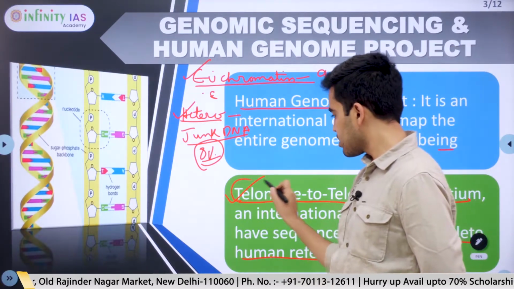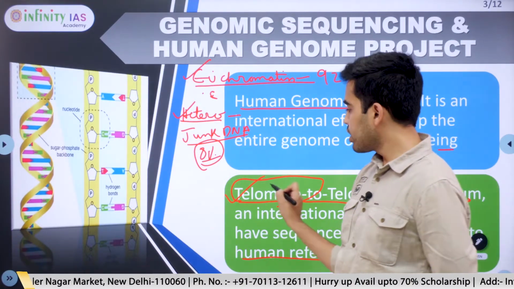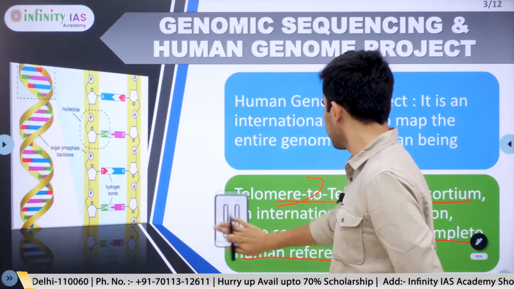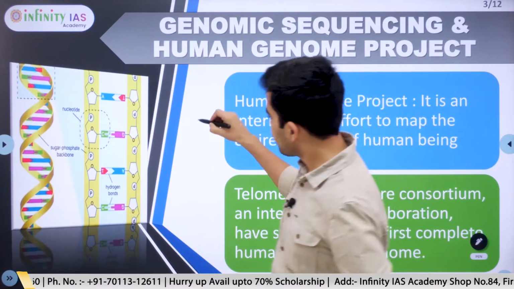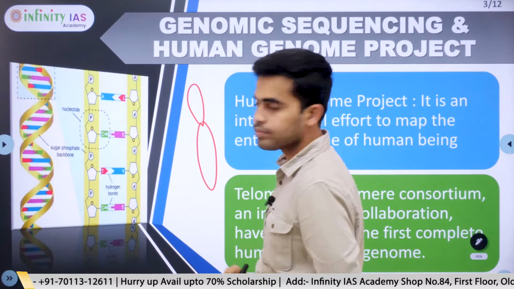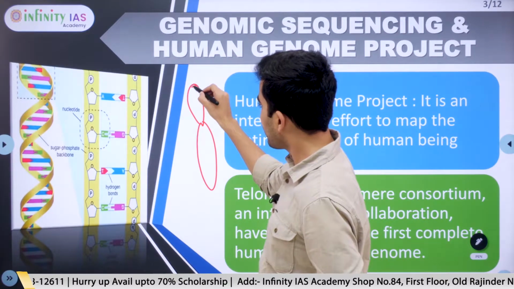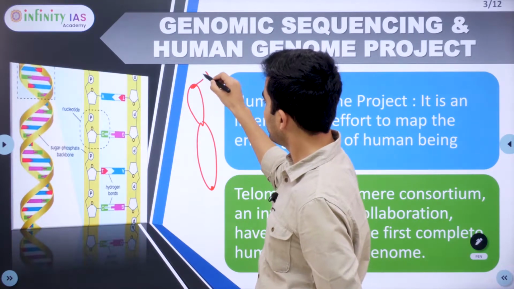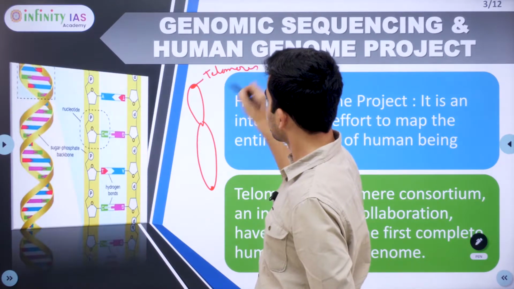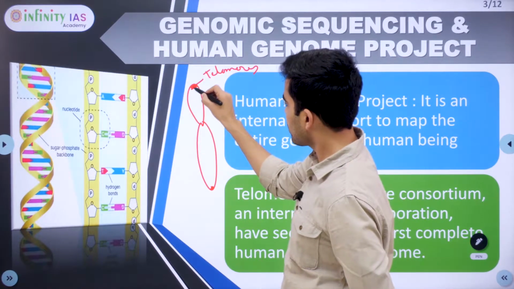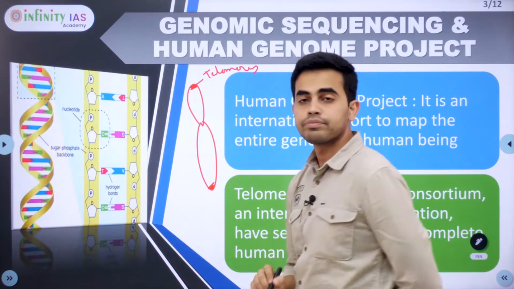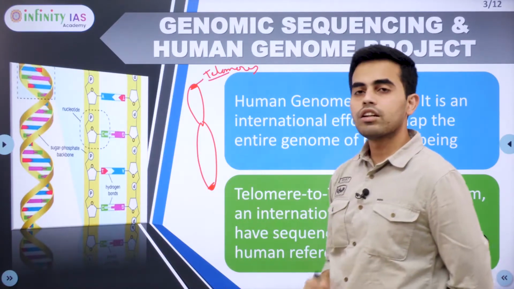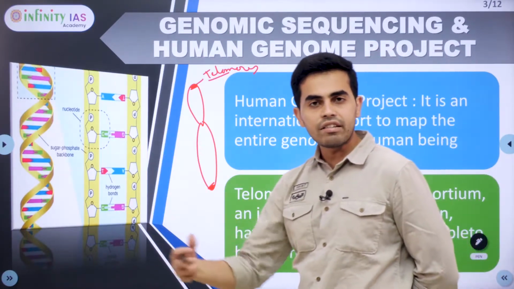So this brings us to the next important point. What is a telomere? This might also be asked as a prelims question. So this is the chromosome. The ending parts, the edges, the tips are called telomeres. Telo means end. Telomeres normally consist of repeating sequences of